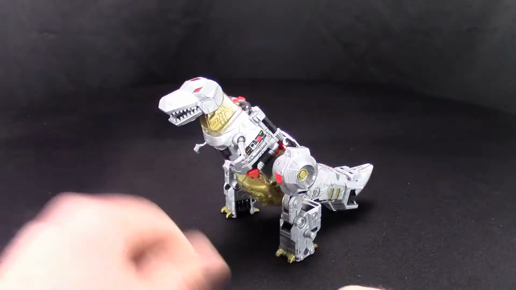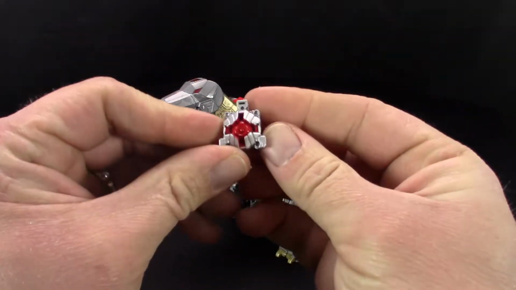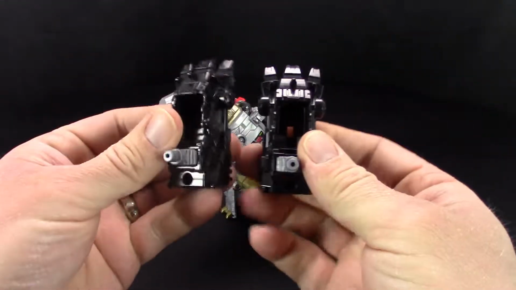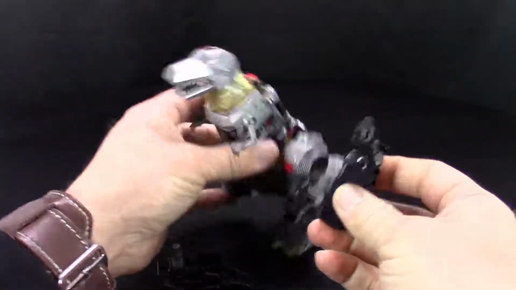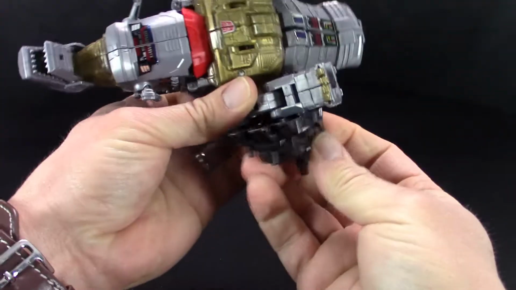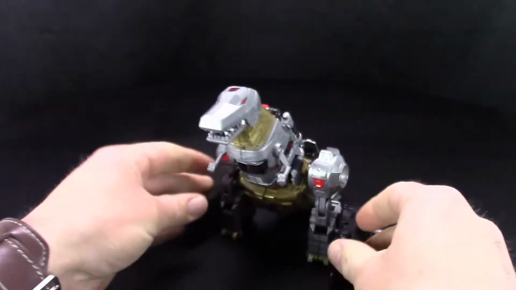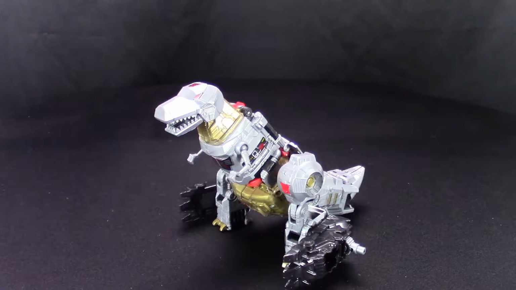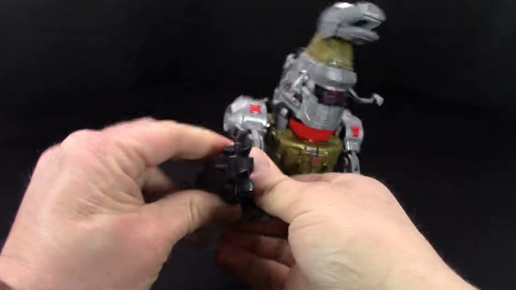Anyways, he also comes with an Enigma of combination done in silver and red, and he comes with these little things. They're the feet for Volcanicus, but you can also plug them in right here and right here if you so choose. It's really not my cup of tea, but what are you gonna do? There you go. So there's that. Take that off, and yeah,